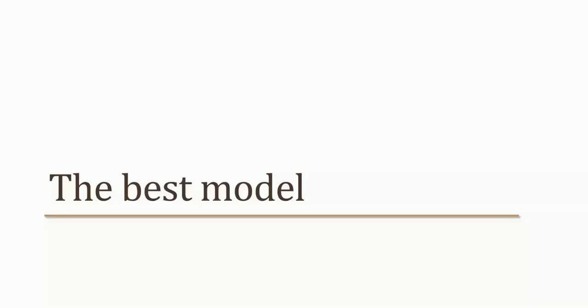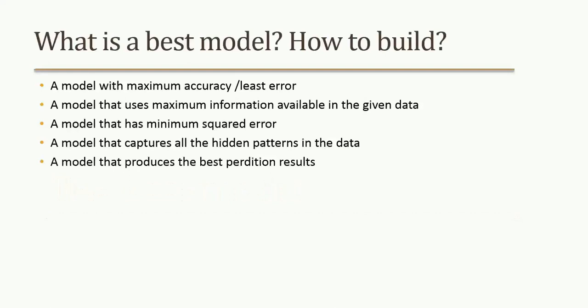Now, what is the best model? Till now, according to our understanding, the model with the highest accuracy and the least error is the best model. The model that uses maximum information available in the given data is the best model, or the model that has minimum squared error. If it is a regression case, the predictions need to be as near as possible to the actual